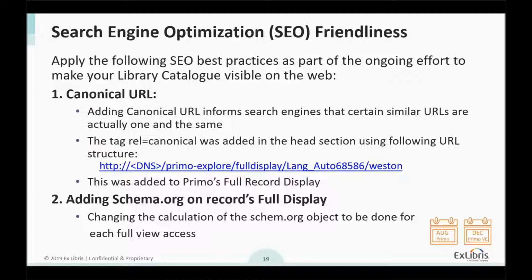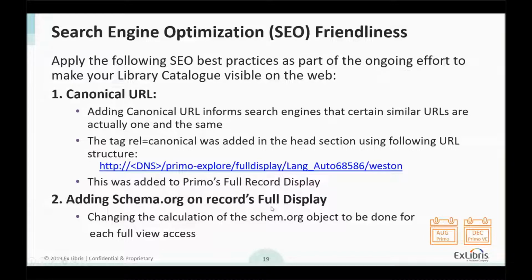It helps to increase the page rank. It helps to avoid duplicate content. So this is one best practice that we are applying with this release. You will be able to see in the HTML this rel canonical and the new structure of the canonical URL, which is also a best practice for how to structure a canonical URL. It also helps Google to search by record ID, and it will be able to find and identify those. Another best practice that we are applying is to always add the schema.org to